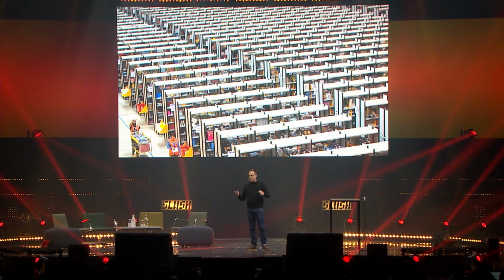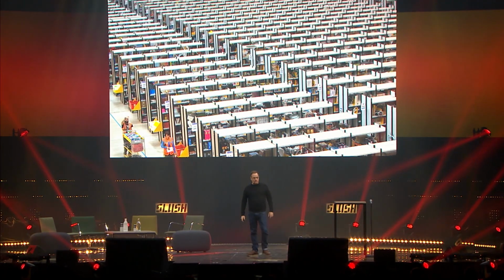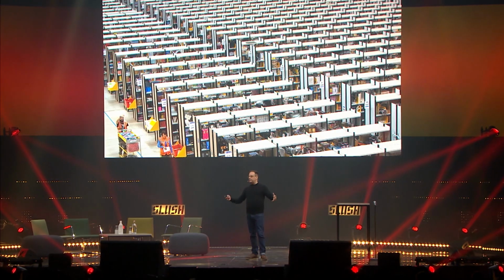This is a warehouse at Amazon.com, what they call a product distribution center or something like that. And there's a bunch of workers wandering around there filling up boxes with things. But the workers really have no idea what they're doing. What the workers are actually doing is following instructions on a computer which is strapped to their wrist, which is literally telling them exactly where to walk, what to do, what to pick off the shelf. They don't have to know what it is. They just have to scan it with a little barcode and throw it in the box. And so the entire process is mediated through